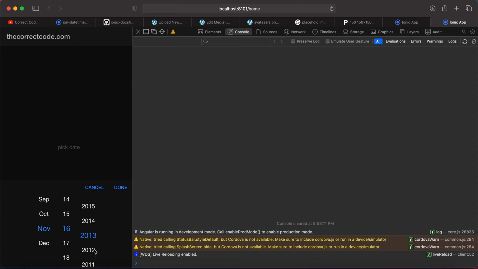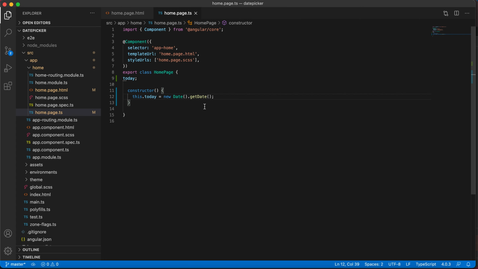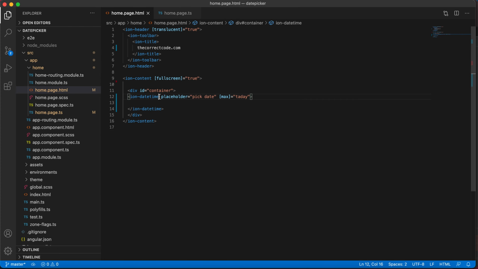For example, when the user picks a date, we have to calculate the age. For that we need to write a function. Let's create a function for when the user changes this date.